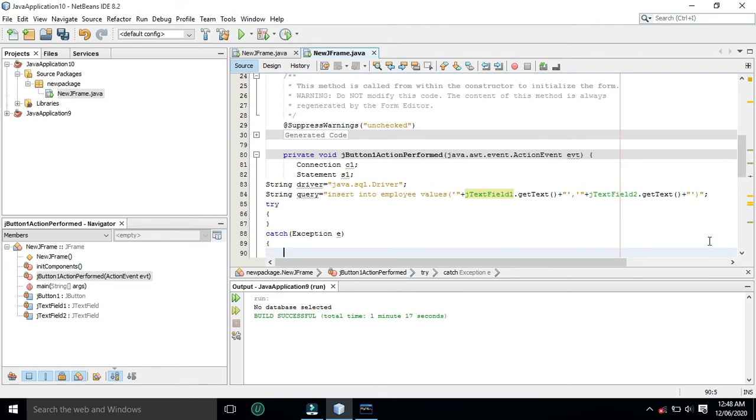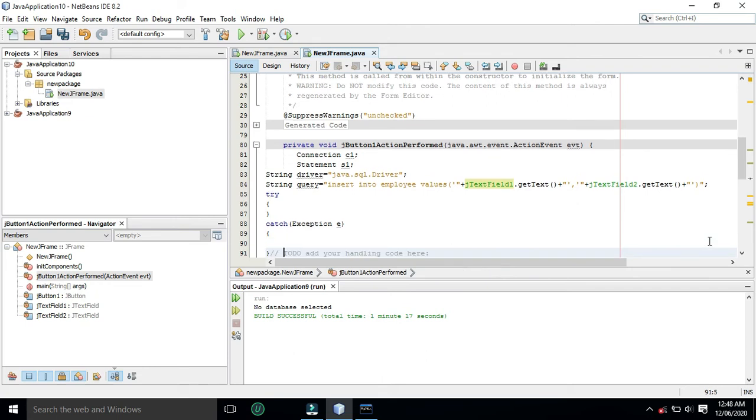So in our example we are going to use connection class, statement class. So if any exception arises, then that exception will be handled using catch block. So first of all we will write Class.forName(driver).